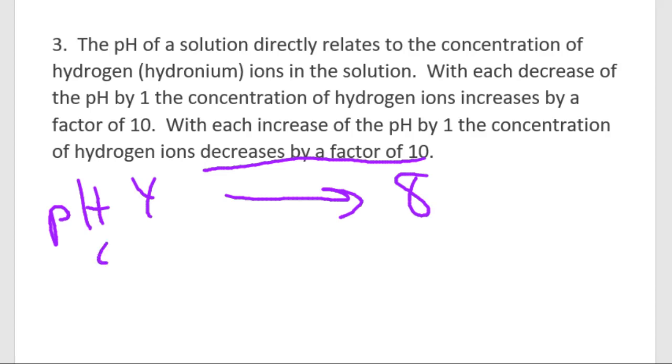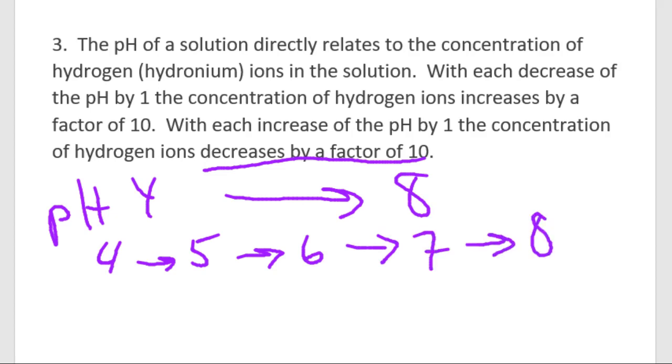So if I'm going from 4 to 5 to 6 to 7 and to 8, it means my hydrogen ion concentration is going to be